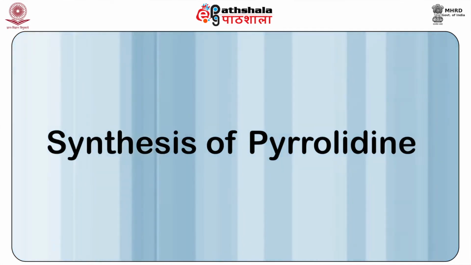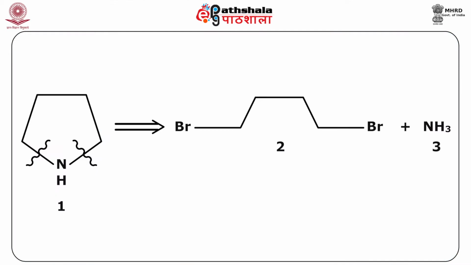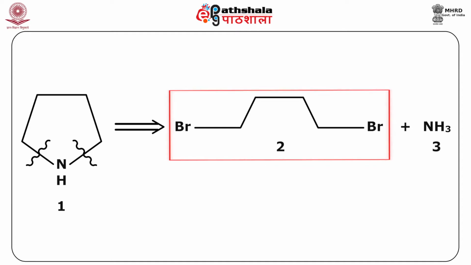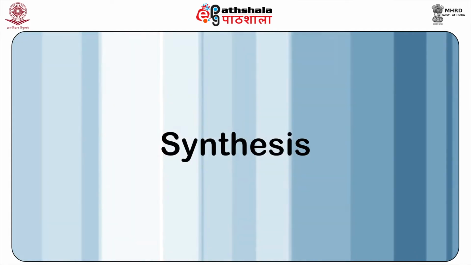Synthesis of pyrrolidine. The retrosynthetic analysis of pyrrolidine is shown here in figure. According to the disconnection approach, the compound can be synthesized from 1,4-dibromobutane and ammonia. The synthesis of pyrrolidine can be achieved in two simple steps as per the disconnection approach explained